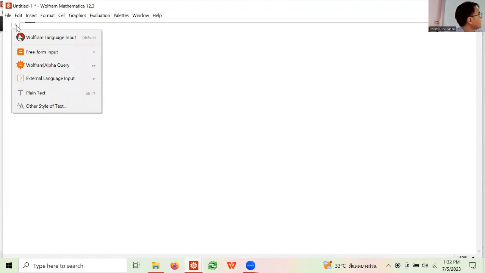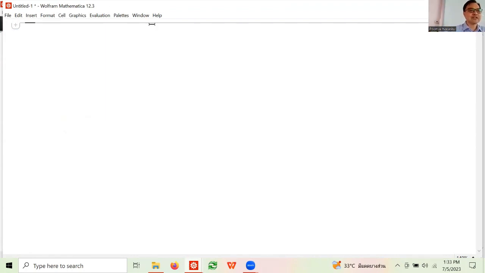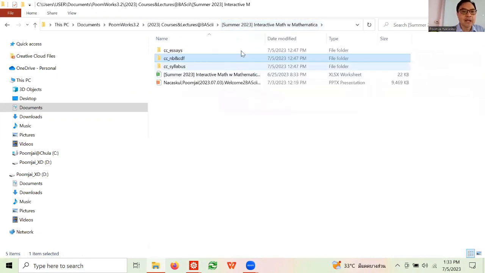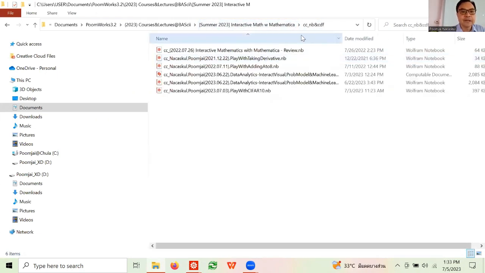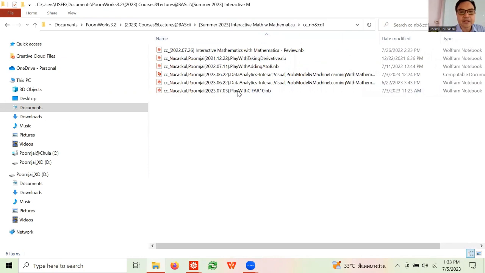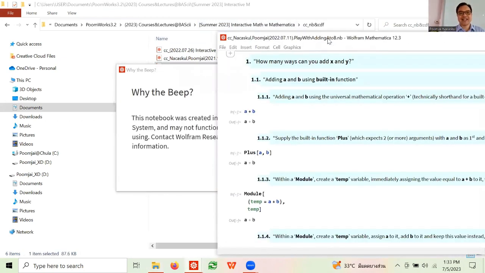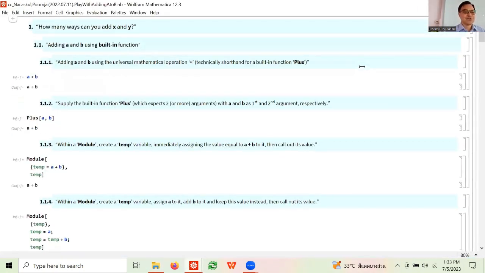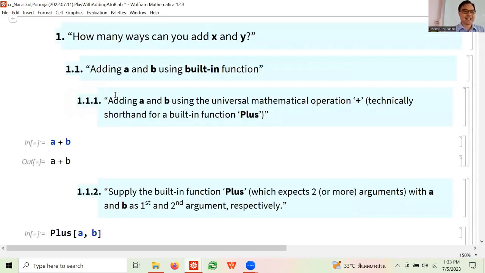Can you see that there's a line separating the first one and the third one and so forth? So this first one is basically the core language. You don't have to click plus, you just go and type something. Now, let me play with something. Let me show you this. I prepared this to make it silly, but it makes a point.